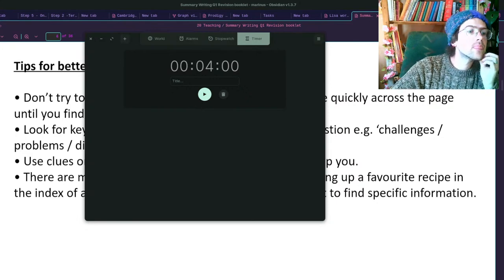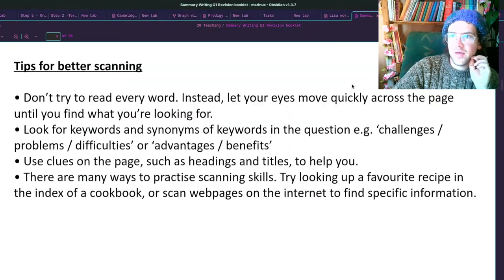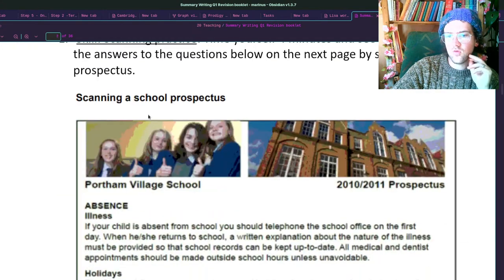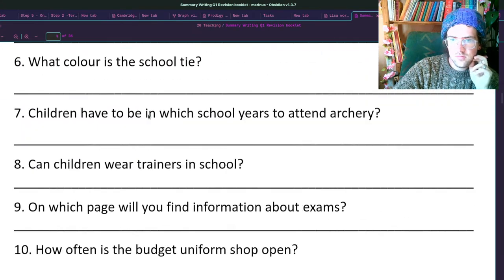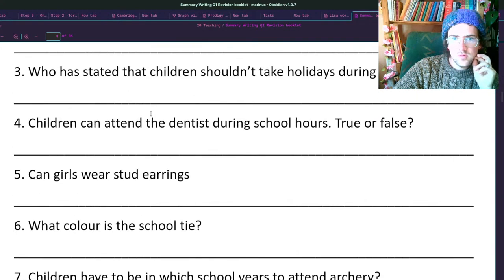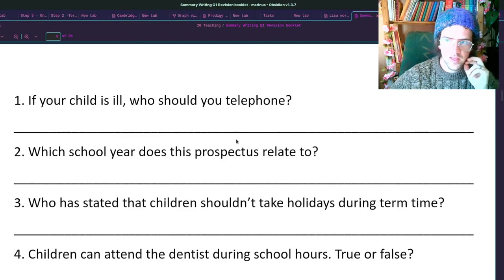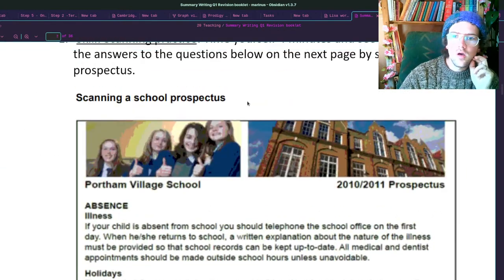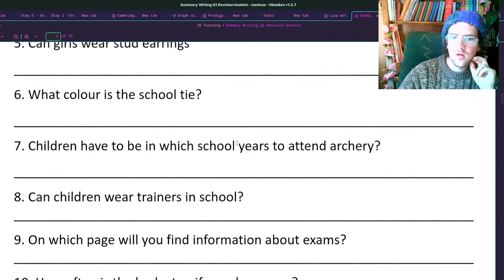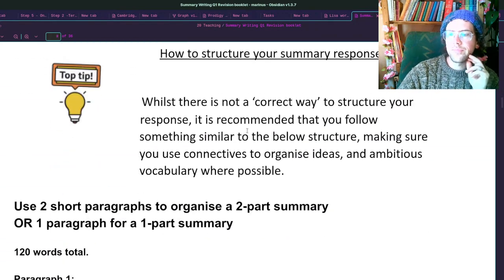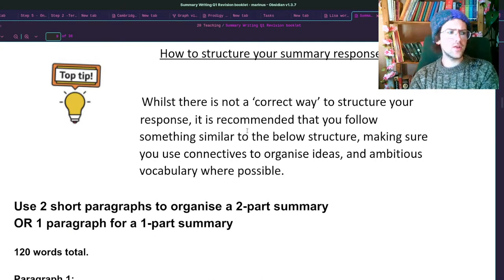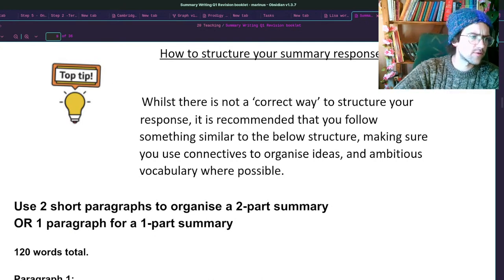Okay. So, did you guys manage to answer all the questions? Yes. I think my answer to 2 might be wrong, but I'm not sure. Which school year does this prospectus relate to? I just said 2010, 2011, but I don't know if there was something else. Perfect. Okay, now, in terms of structuring our response,